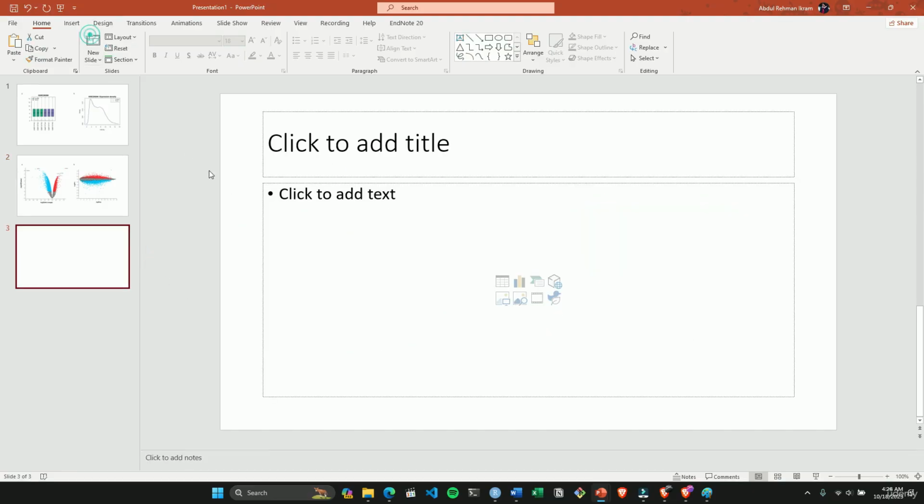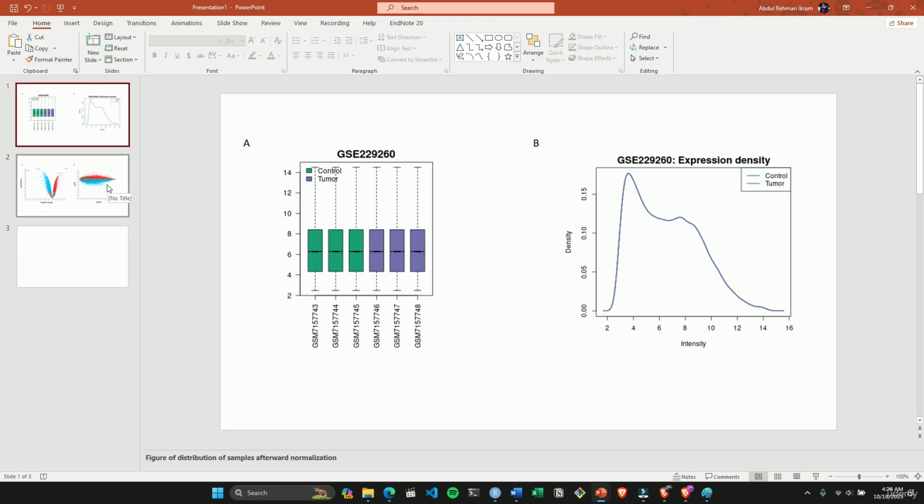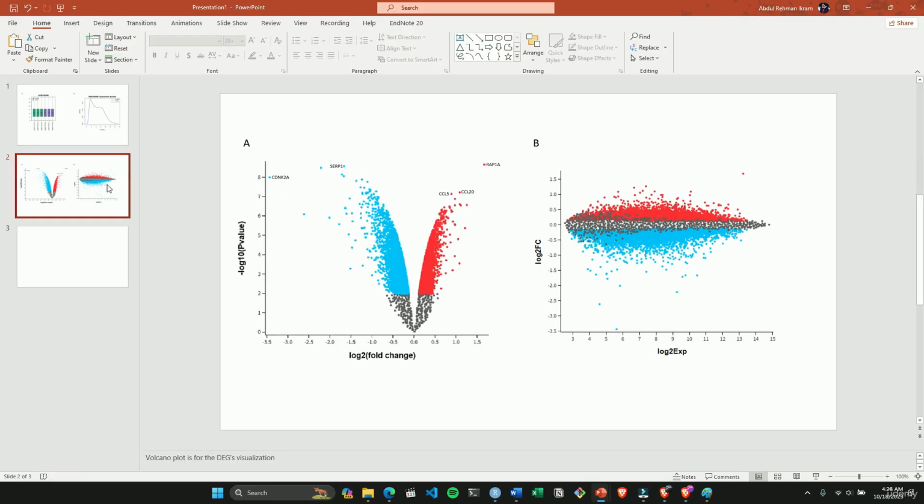So we have done two analyses. First, we selected the dataset, analyzed it, and got the distribution of samples, and after that the expression density. After getting that, we have the differentially expressed genes. So now let's